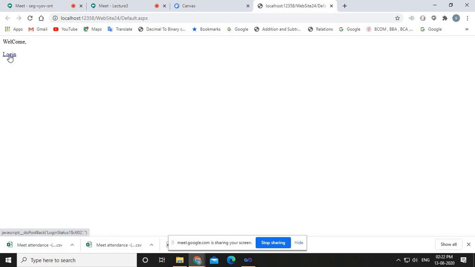default.aspx. Now we have disconnected our website from the Windows user management system, right? So now your website is not showing the name of the user here, because our website is independent from Windows. And yet we have not performed any kind of login. So this is showing what? Welcome, and then no username, the username is blank, right? Similarly, as we have not performed a login yet, it is showing a login link, right?